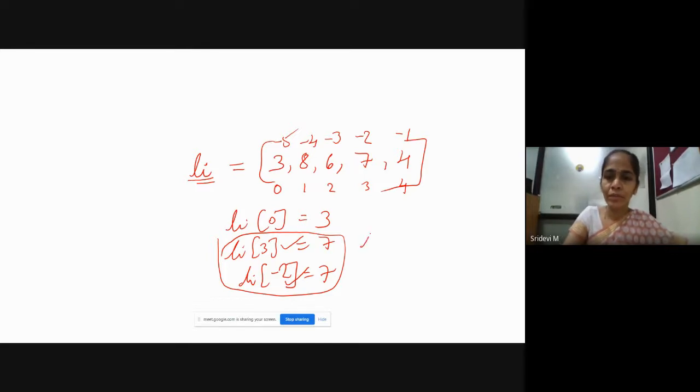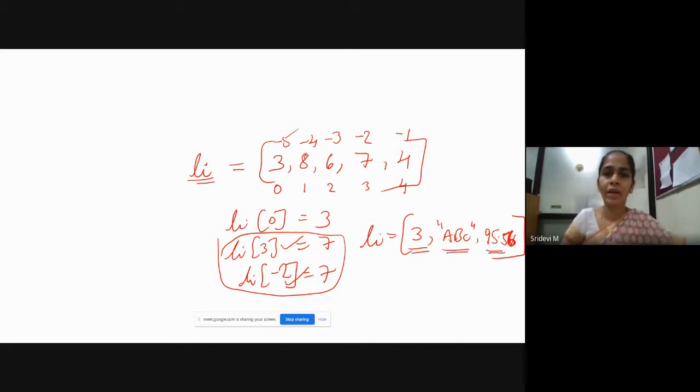Now you can also store different kinds of data in a list. You can store a number, say the number of a student. You can store his name, say ABC, and you can store his percentage that he obtained in the exams, 95.56. Now you can see that it stored an integer value, a string value, and a float value. This is the flexibility that is offered by list when compared to arrays. And the difference is you have the reverse index numbering.